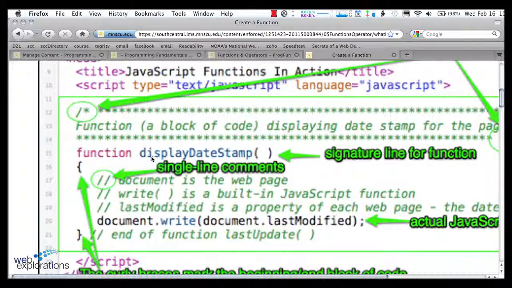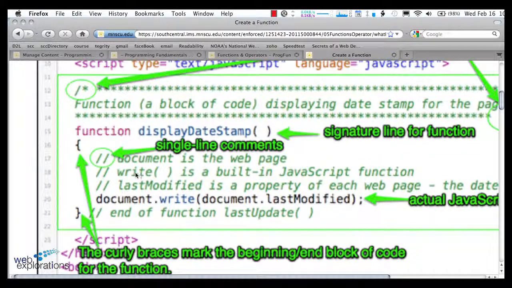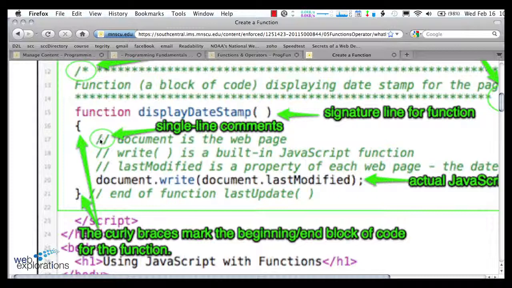So here's our function. We're going to call it display date stamp. So that's our signature line. And then we're going to write what we want to do. So I have a lot of comments here, but basically we're going to do a document write. And then we're going to look back at the document, or the DOM, and we're going to use the last